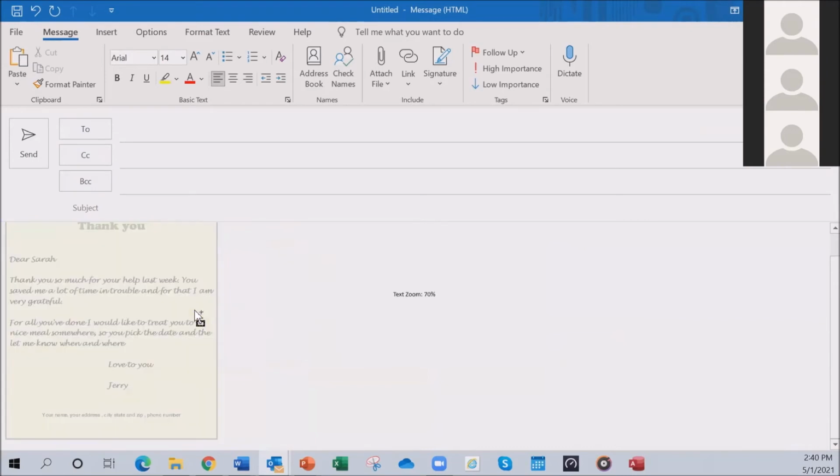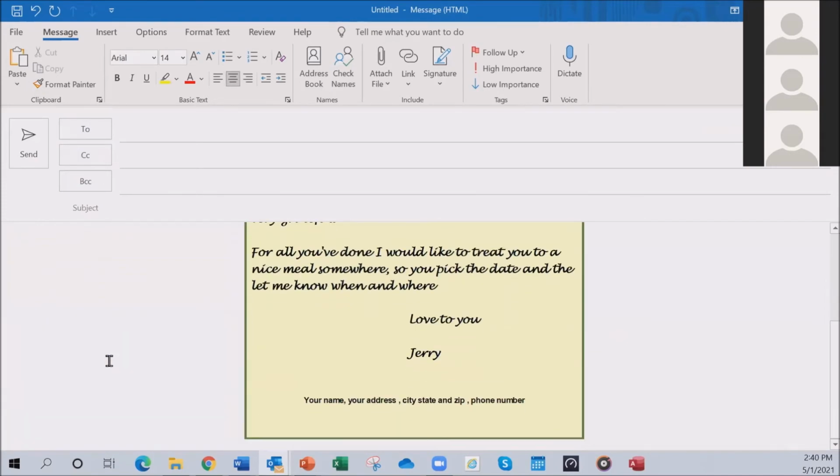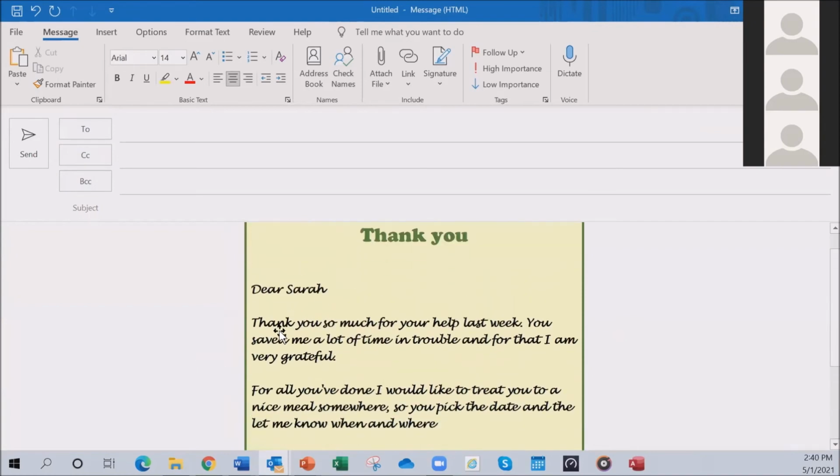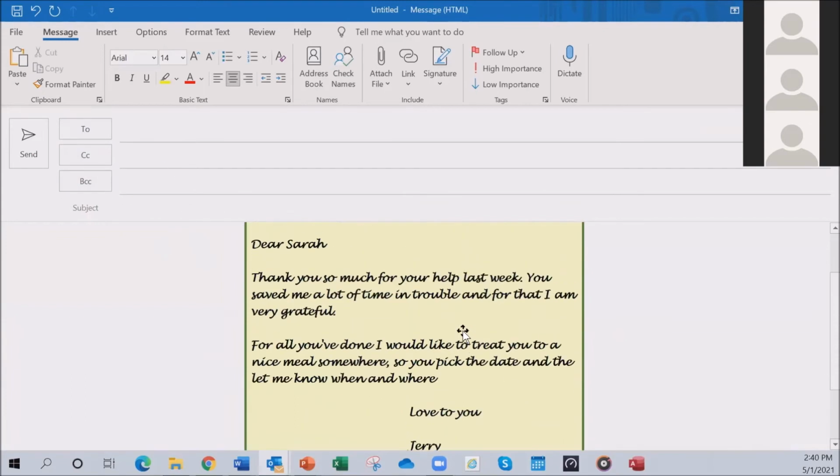But let's make it a little larger. And I'm going to center that. I want that to be centered. So Control E again moves it to the middle. And here is what would go with this letter. I'd put my email address for my daughter here. I'd probably just say thank you or special thanks or something a little different than what's in the letter, and